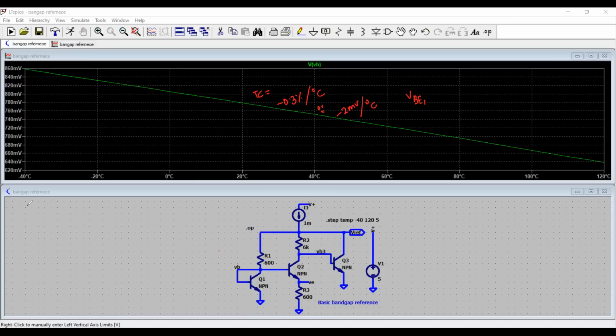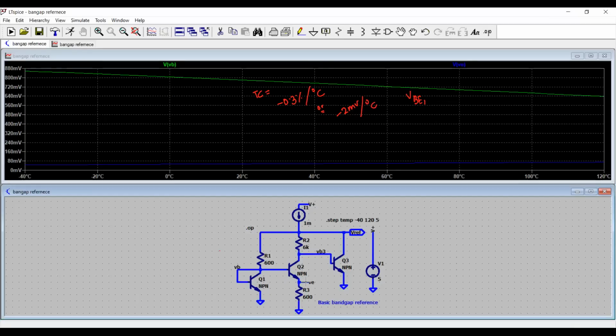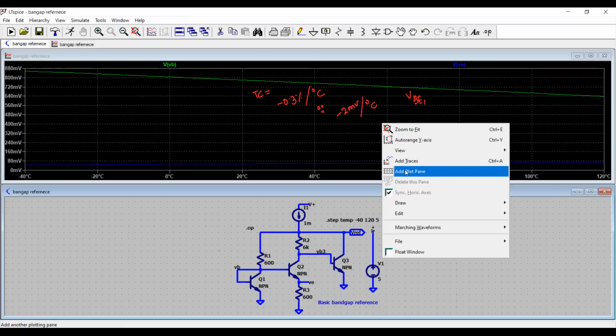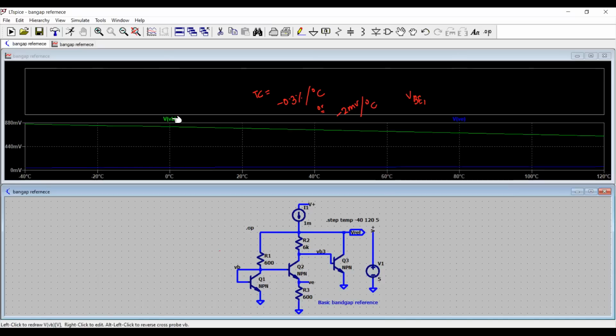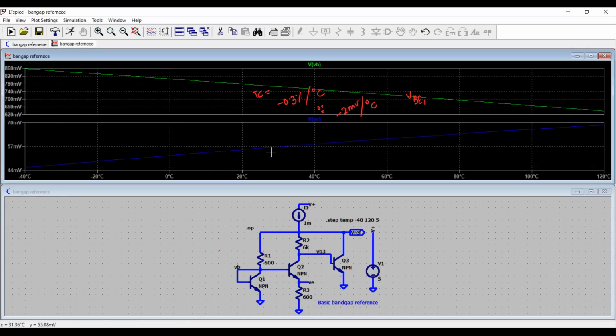So what I'm going to do here is simple. I will come back to the schematic and I want to plot delta VBE, which is VE. I will see here and look at this now. The blue curve, it has a little bit of an improved version here. If I choose to add a plot pane,